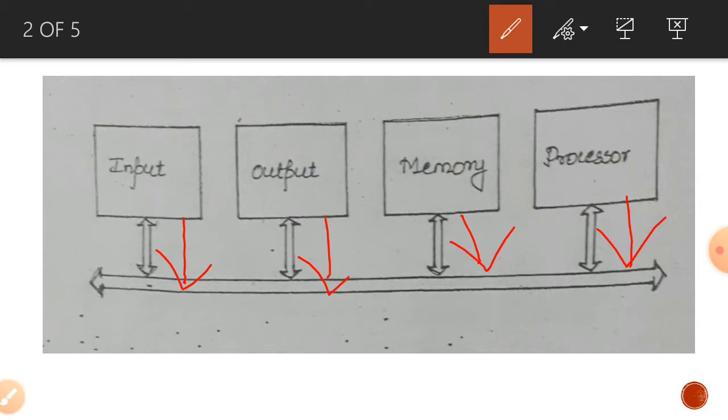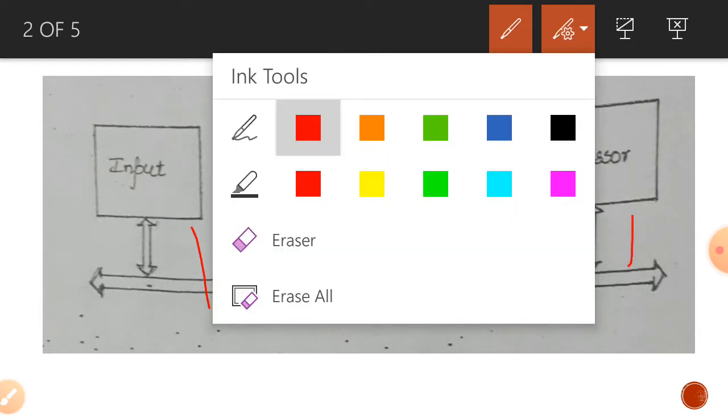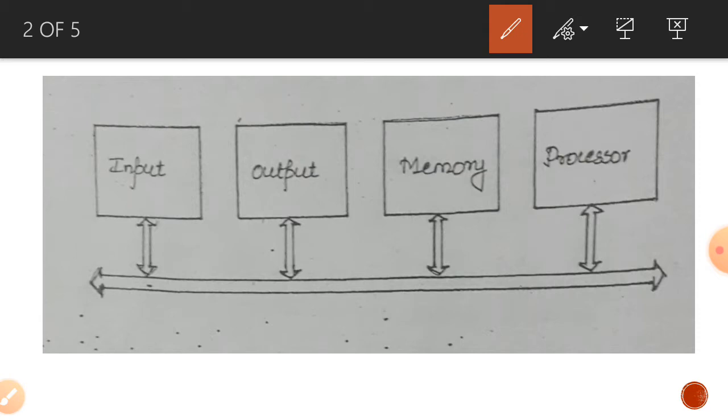Each line or wire can carry one bit of information. Depending on the architecture, a bus can have 16, 32, or 64 lines. A bus can carry data, address and signals.